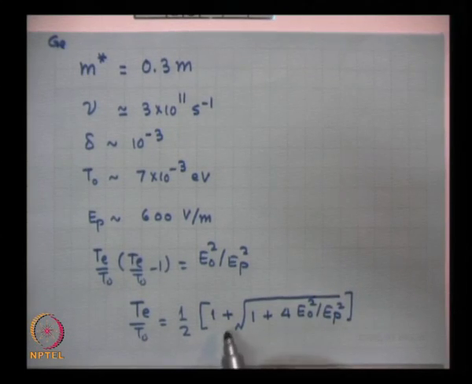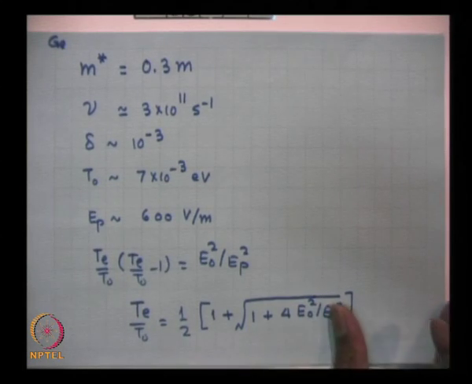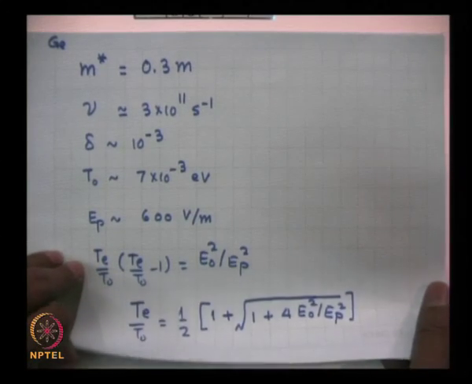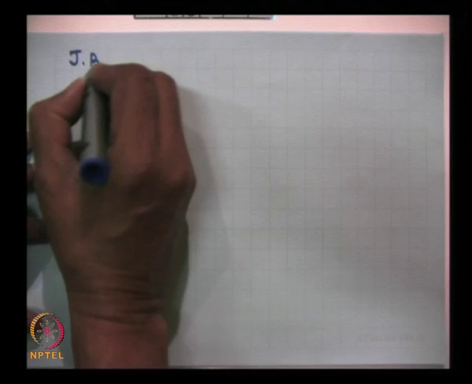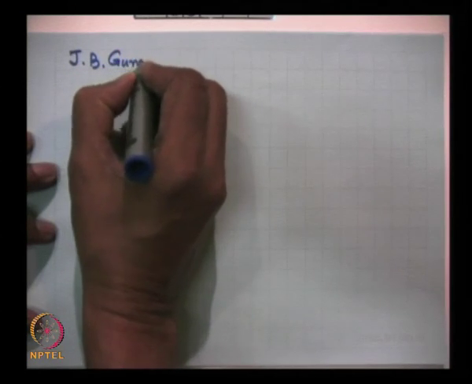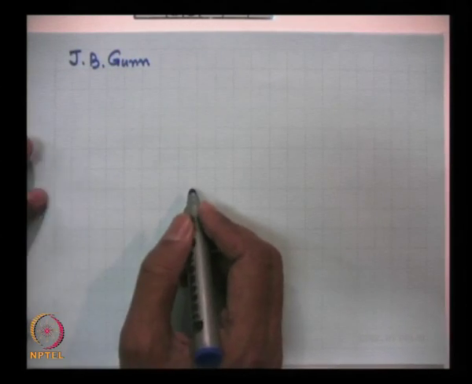This is a very important phenomenon in semiconductors. In the early 1950s, J.B. Gunn observed the characteristics or consequences of such hot electrons in semiconductors, especially when he was carrying out experiments on gallium arsenide. He found something very spectacular. What he observed was this: J.B. Gunn, because of this hot electron effect, what did he observe?